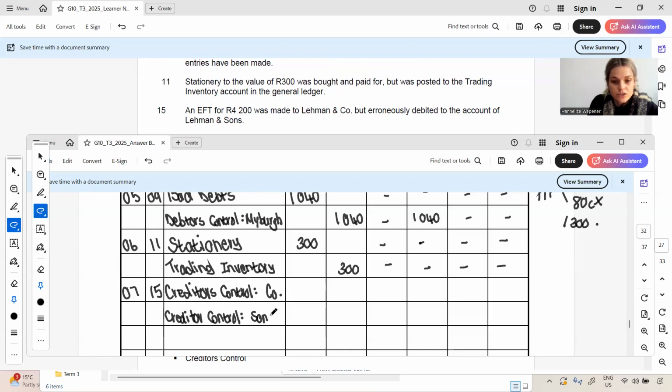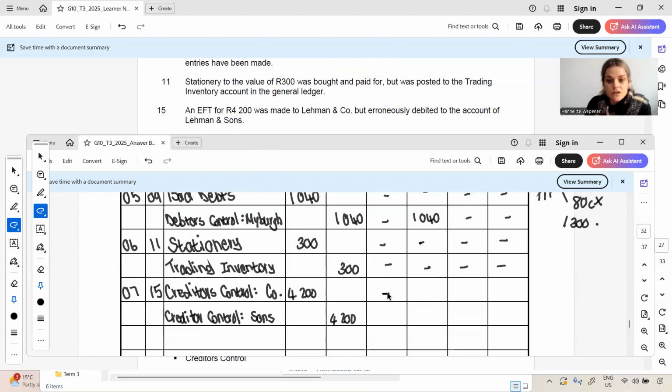Remember, you cannot do this. You must write out the full name. Okay, and it was 4,200. So I'm debiting the creditor whom I don't owe the money to anymore. And I'm putting that 4,200 Rand back into the account of Sons because I actually do still owe them the